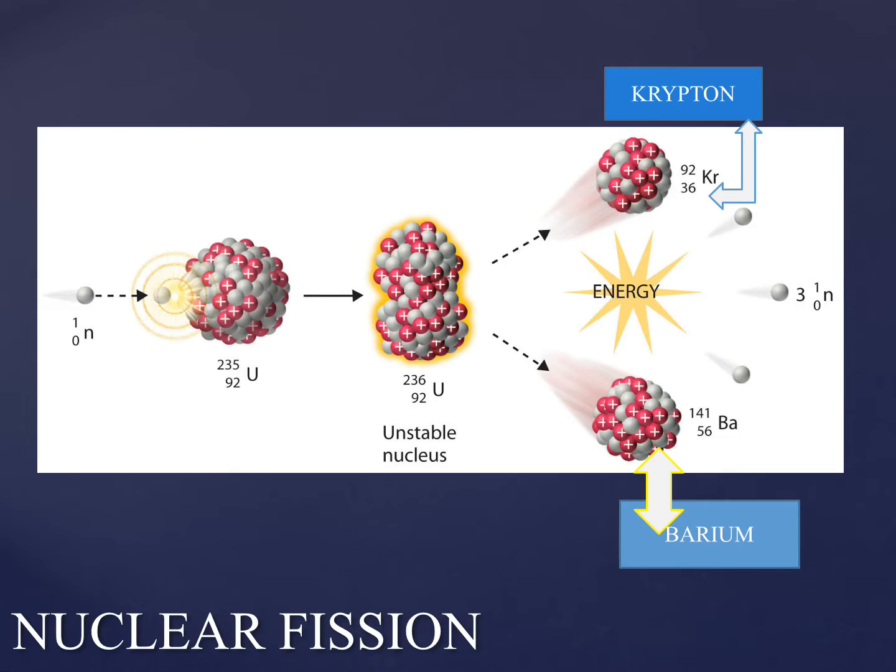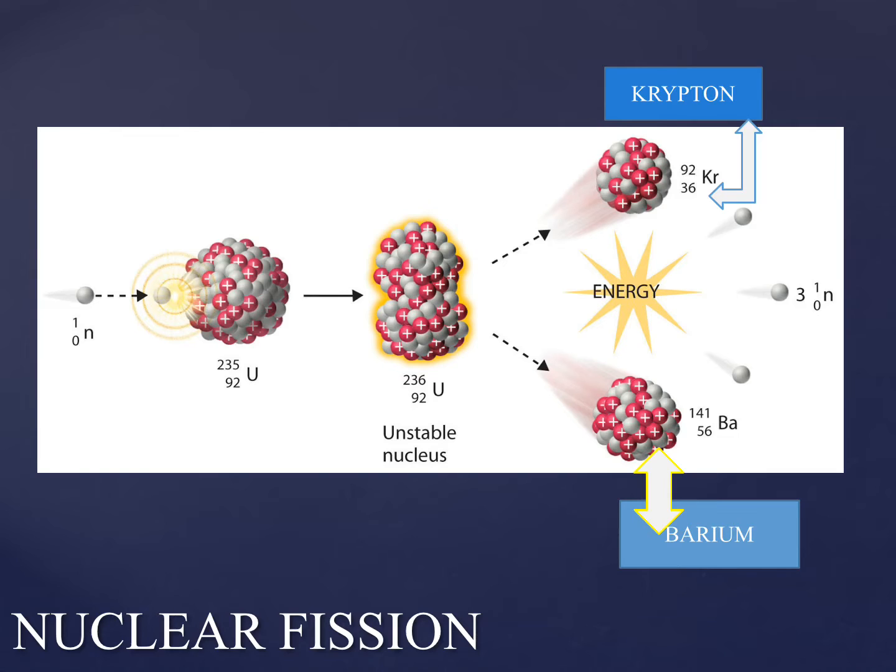So now we can answer that question. What is nuclear fission? Is the process by which a large nucleus splits into small nuclei, and in this process it releases energy as a result of conversion of the part of the mass of the original nucleus.